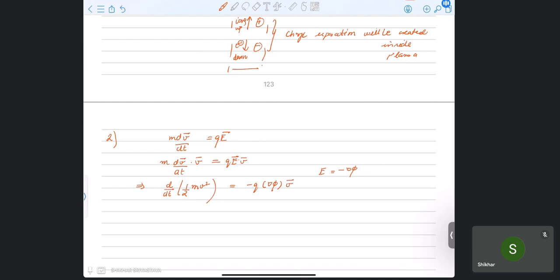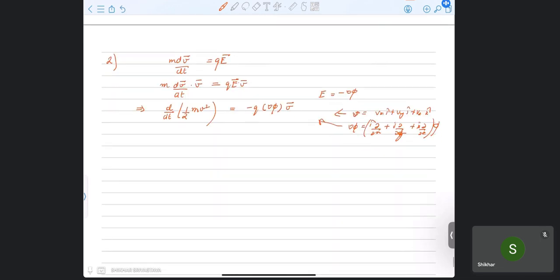Now V, as we already know, is Vx i plus Vy j plus Vz k. Similarly, the gradient of phi can also be written as i cap del by del x plus j cap del by del y plus k cap del by del z times phi. So you just put this in these equations. Finally, what you'll get is